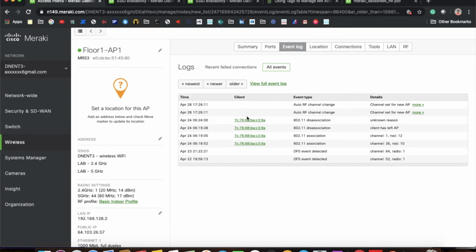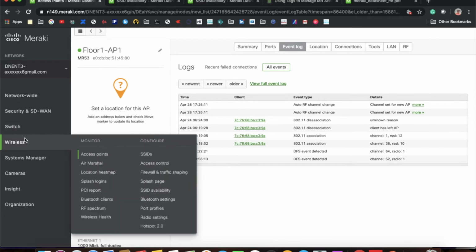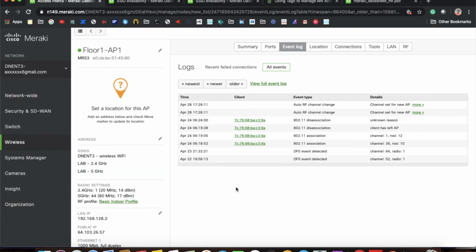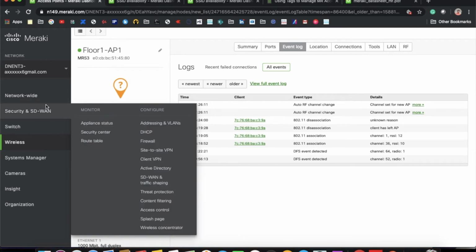So this event log is AP-wise, specific to this AP, but we do have the centralized event option where you can see the event logs for the entire network, and there you have the option to filter this AP and see the specific logs as well.